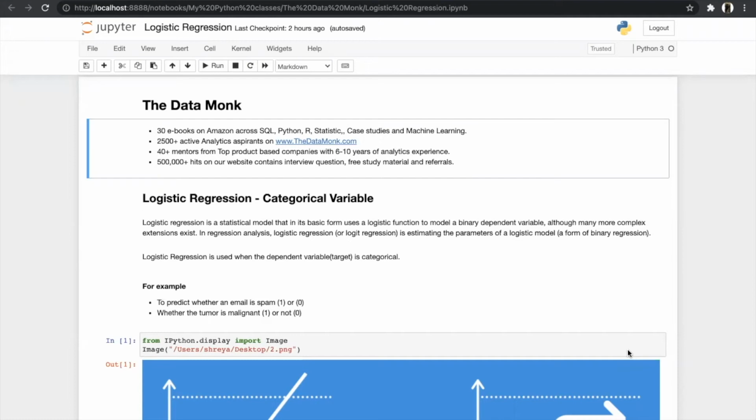Hello everyone. In continuation of our linear regression model, we are back with the logistic regression model. In this video, first we will understand what logistic regression is and then build a logistic regression model from scratch, like importing data, cleaning it, feature selection, and lastly building a model and explaining all the terms related to it.